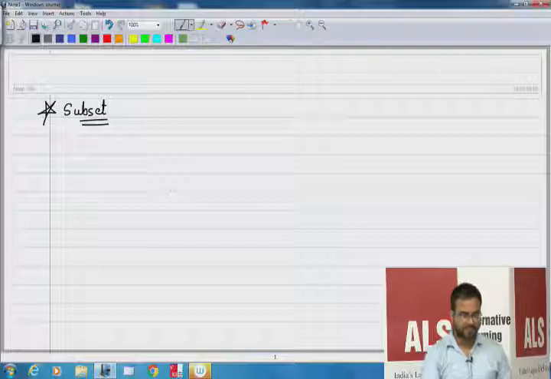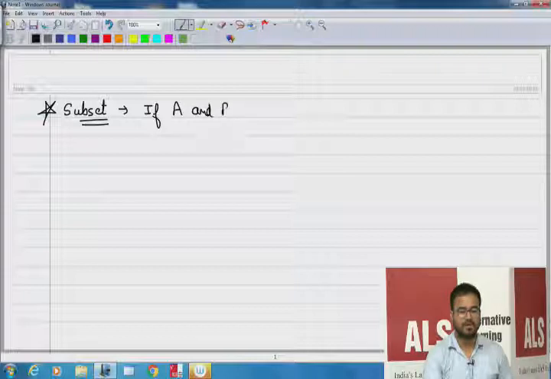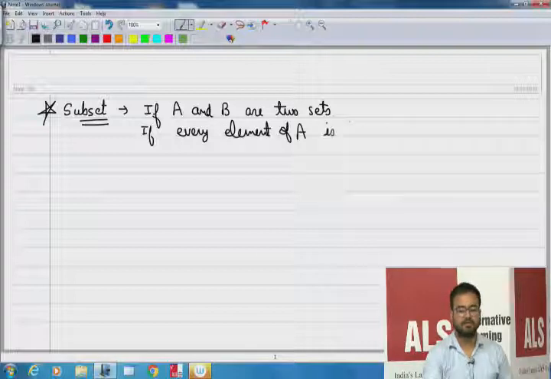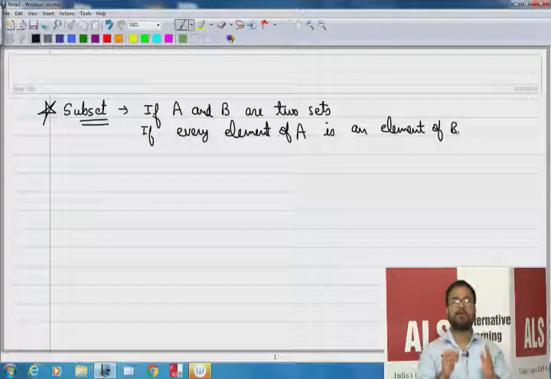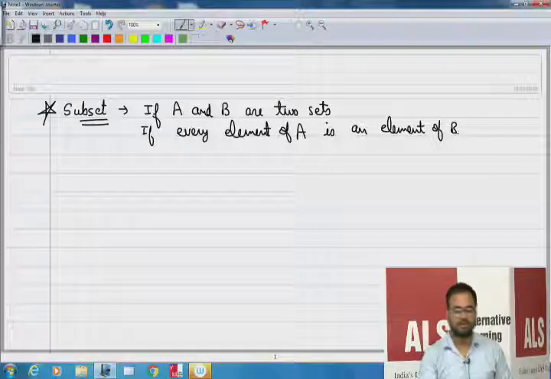The definition of the subset goes like this: if A and B are two sets, and if every element of A is an element of B, whatever elements are in A, if those are elements of B also, we will say